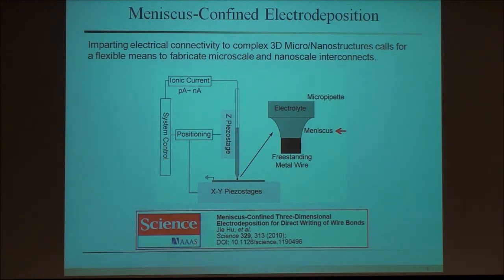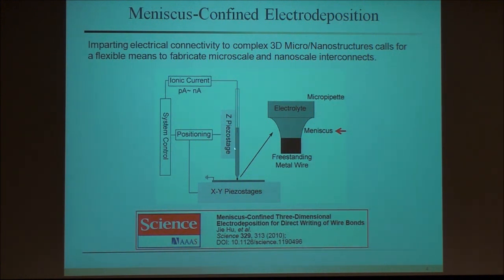So the key here is that you need to have two conductive pads and you have electrolyte. And typically when you do electroplating, you put the whole thing into an electrolyte bath. So that way it's like a film deposition. In order to have a flexible way to do, for example, electrodeposition, we think of what if we